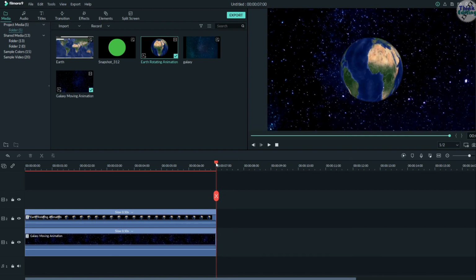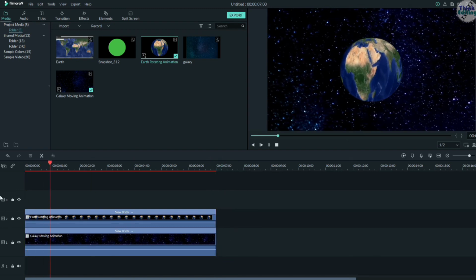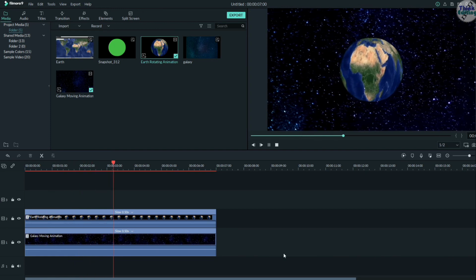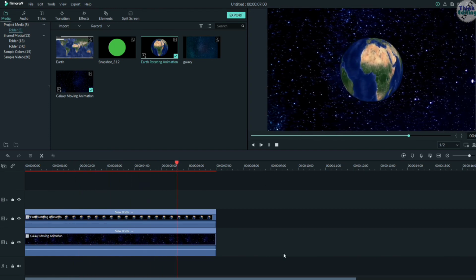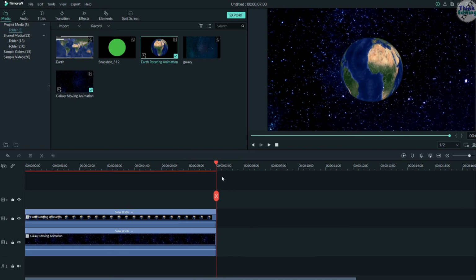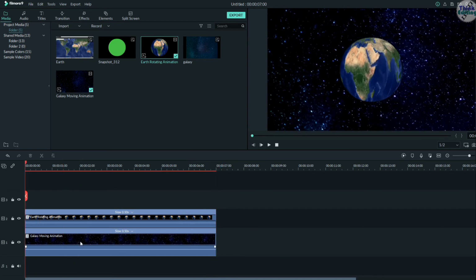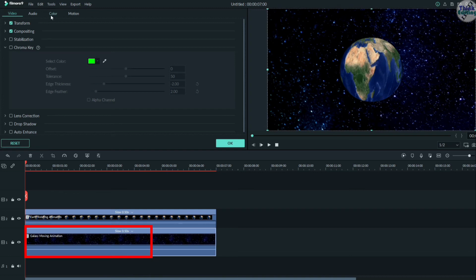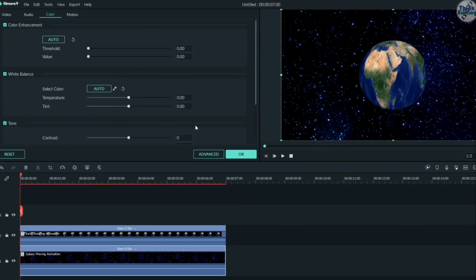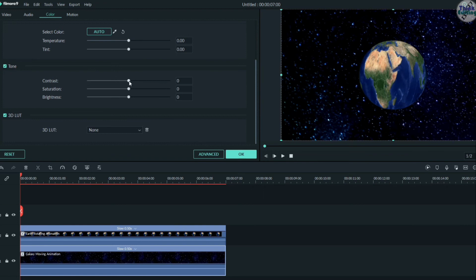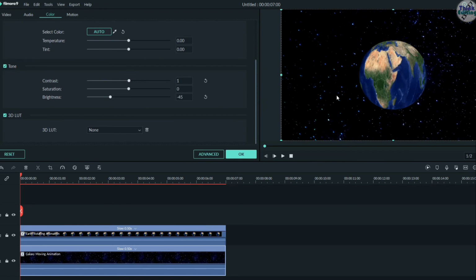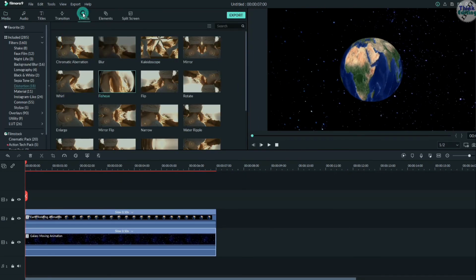Now it looks like a 3D earth is rotating here, but I used a 2D image. You can leave it here or make an extra effort to make it more like a Google Earth animation. To do that, first double click on the first layer and change it a little darker, so this point of the earth looks brighter, as it's shown that the sun rays are coming from this direction. Now I will make shades in this portion of the earth, so click on the second layer,